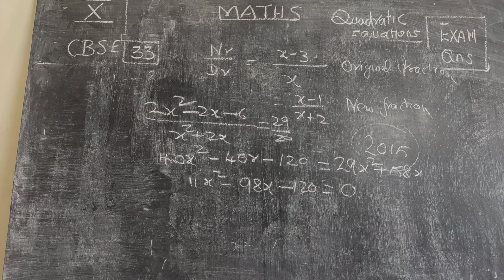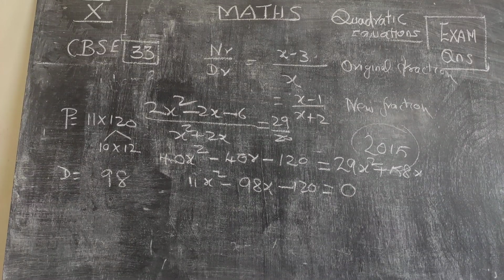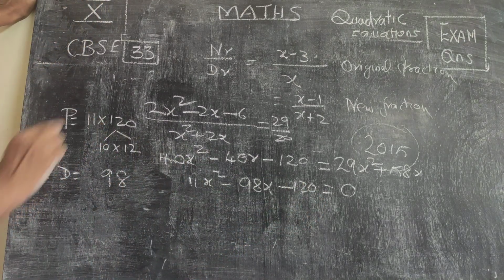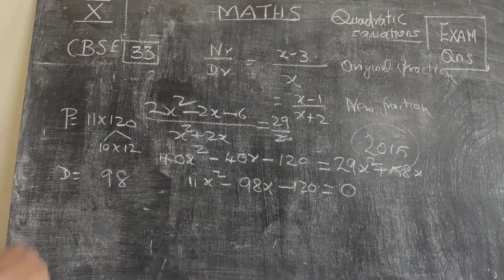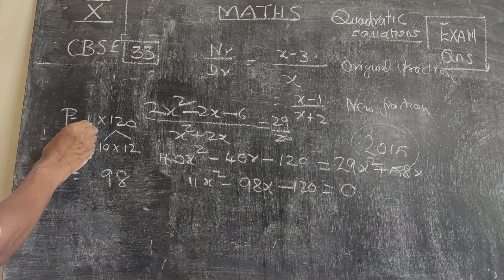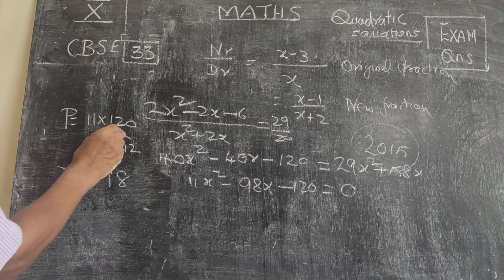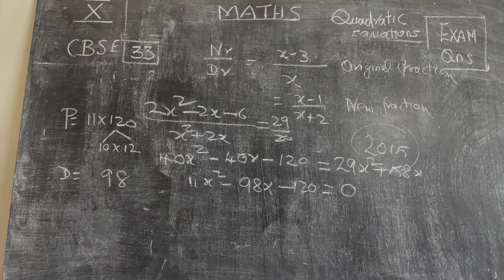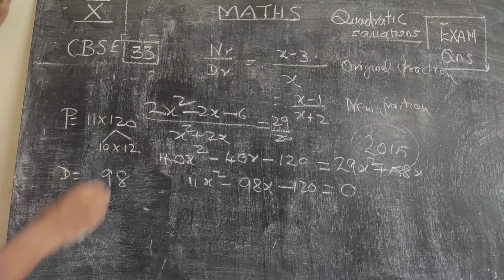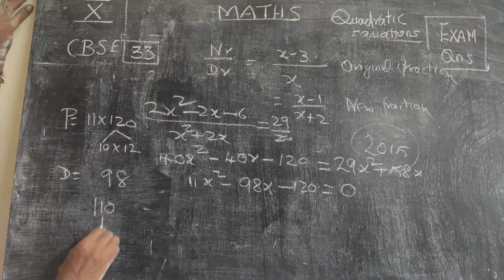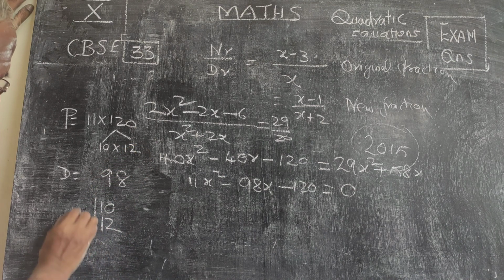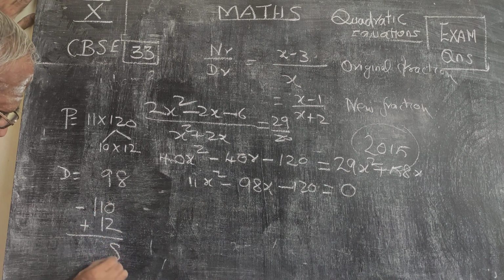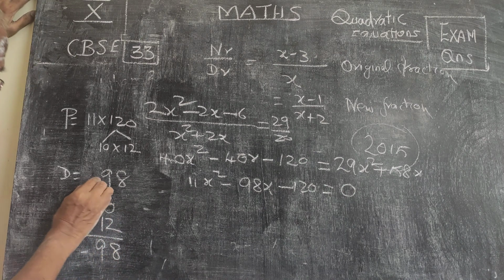Now we have to go for the factorization. The product is 11 and 120, so I have put it here. As I have done previously, I am not disturbing this 11, which is a prime number. 120 I am putting in the factor tree as 10 into 12. Let me try whether we are getting the required answer. So here 11 into 10, and 12, and this is minus and this is plus, you will be getting minus 98, which you are supposed to.